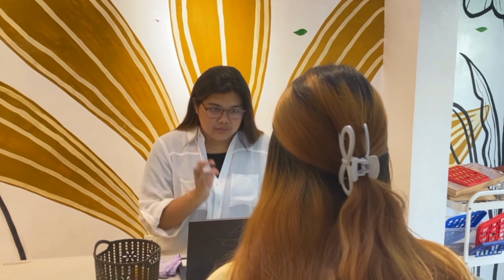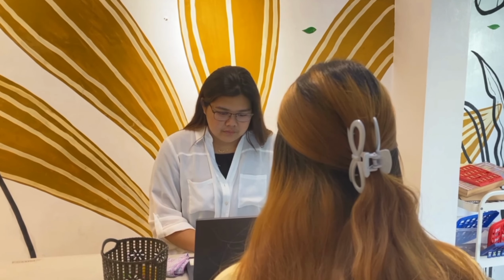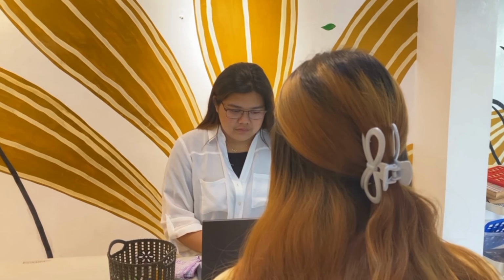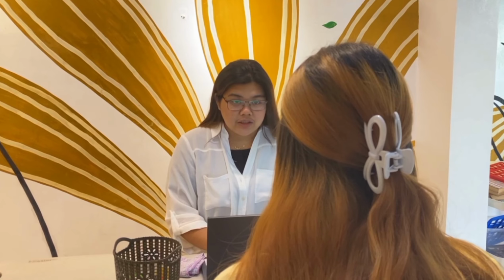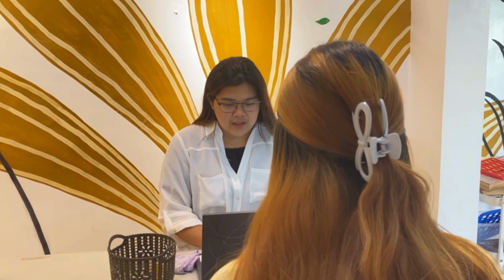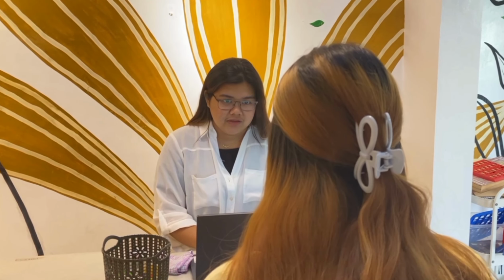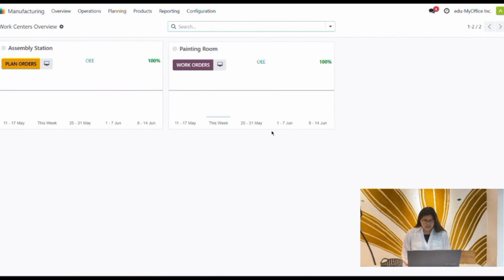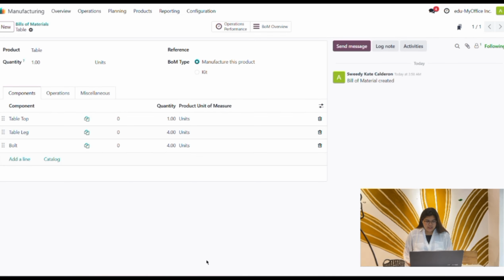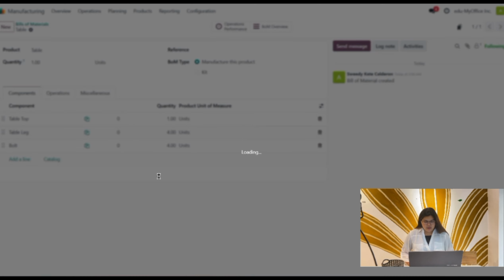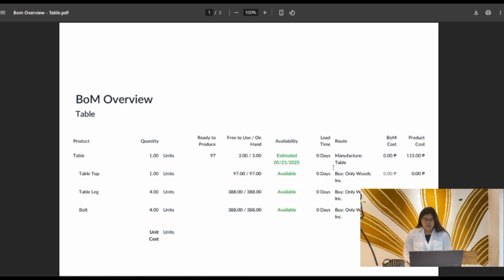Hi, to post my fiscal year, I need to know the cost of the table being manufactured, including the timing of the materials. Okay, I'll check the cost structure on the bill of materials for theoretical costs if you want to update it. Okay, thank you. To control costs in Work Center Overview, click Products to show the bill of materials, then click the product and select the table to show it, then click Action to show the BOM Overview.